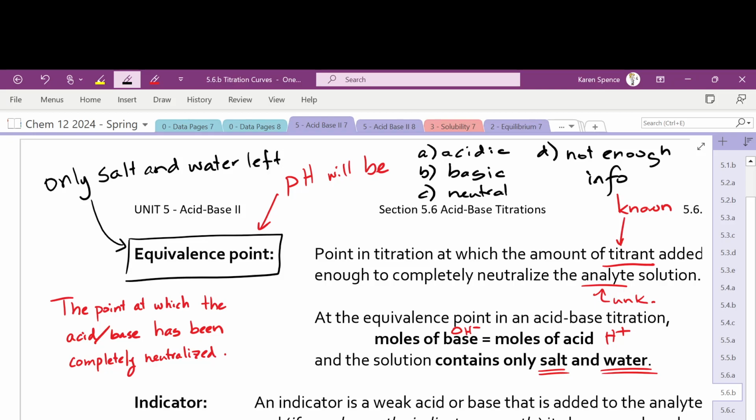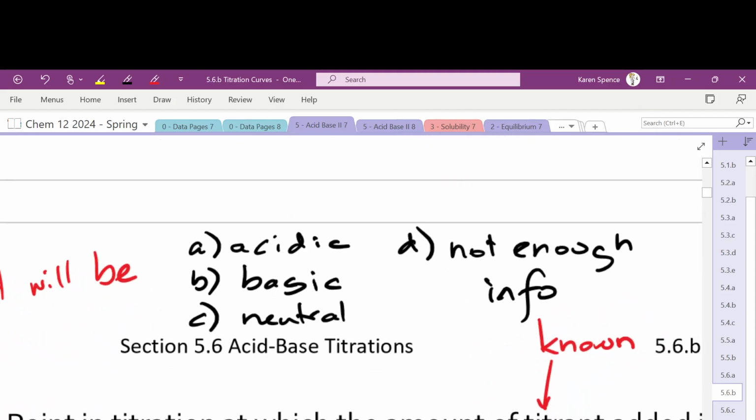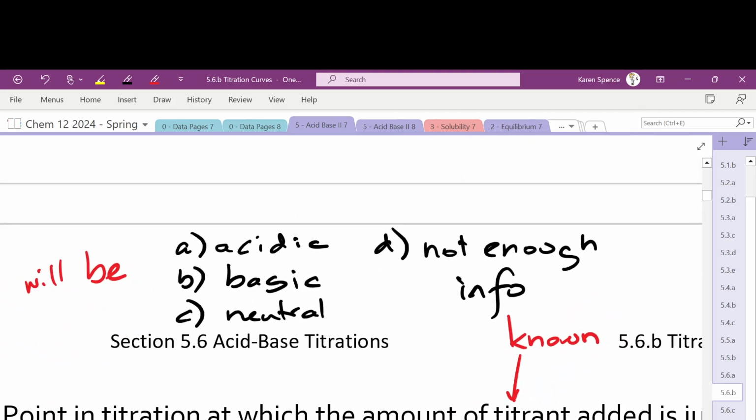I don't know yet, which is totally fine because you might not know yet. 5, 4, 3, 2, vote. A is acidic, B is basic, C is neutral, D is not enough information. That would be helpful if you knew those ones. Okay, I got some I don't knows, I got some C's, I've got some D's, I've got some more I don't knows. Okay, the answer is